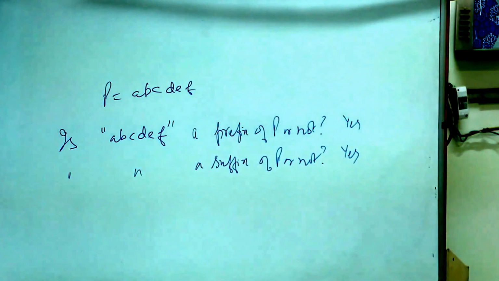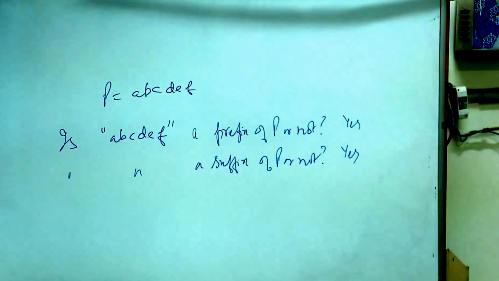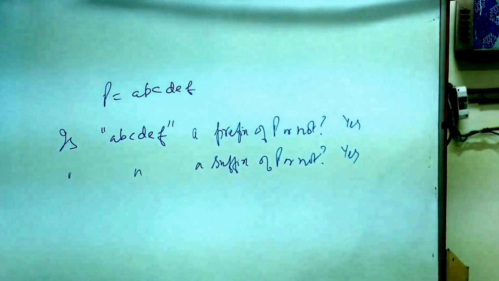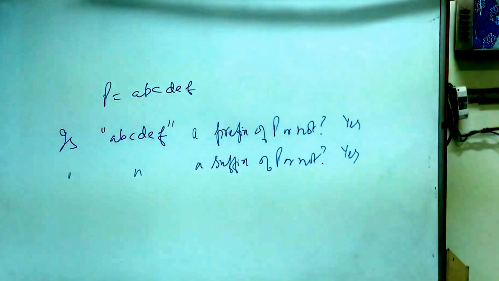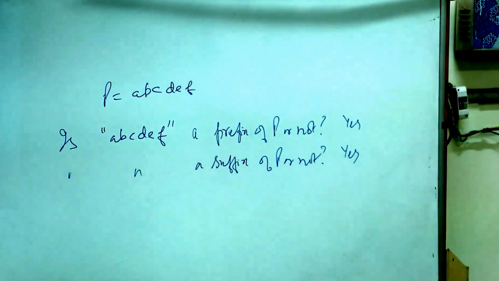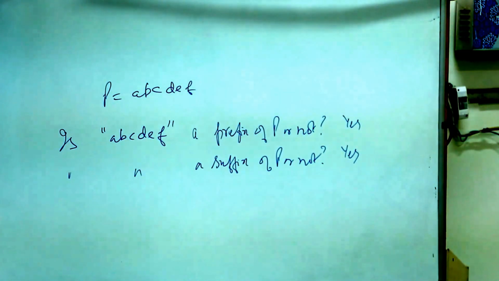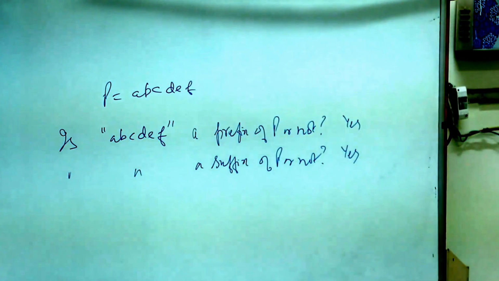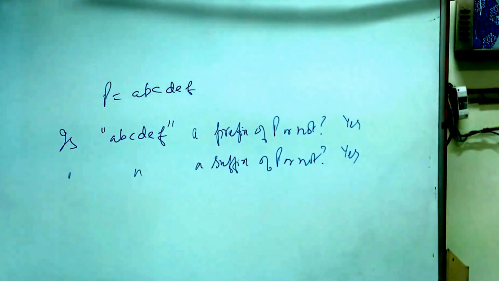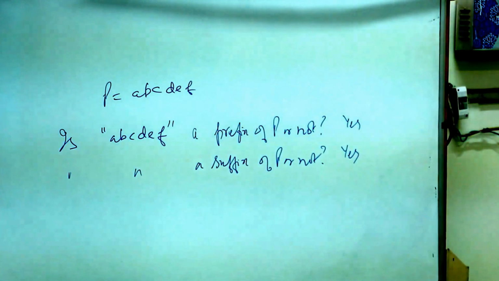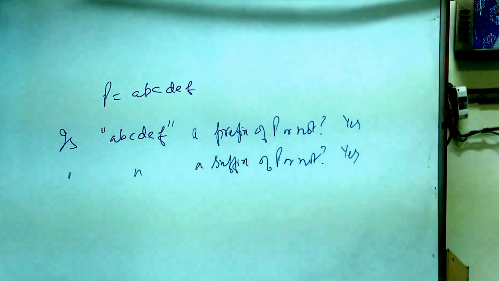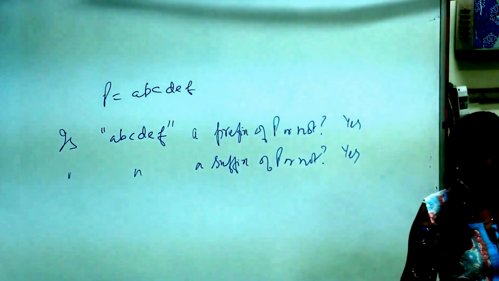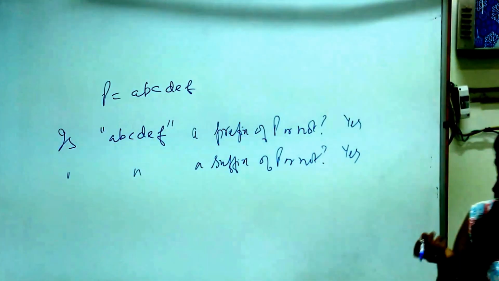Because the linear algorithm also has problems. If we are allowing R to be k minus 1, then shift would be 0, no progress. So we don't allow R to be k minus 1. We say R is less than or equal to k minus 2. Otherwise it will run infinitely, there will be no progress. And that ensures that shift is at least 1, and therefore the number of mismatches is at most